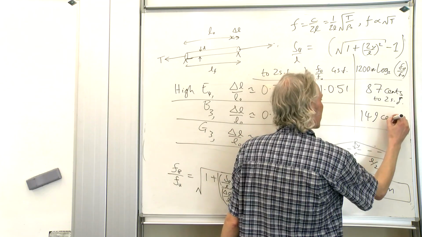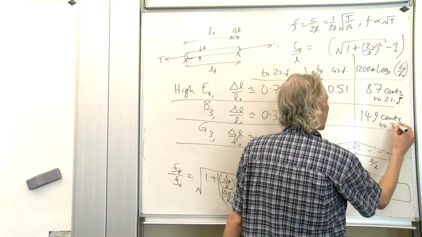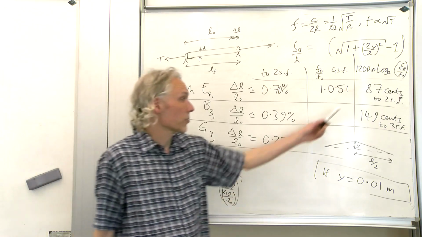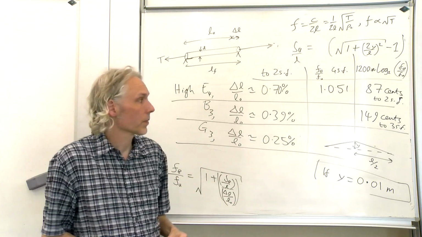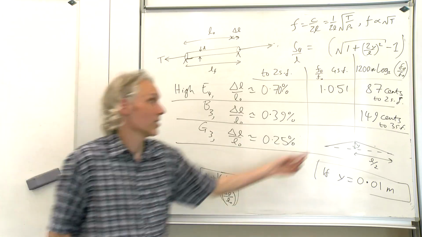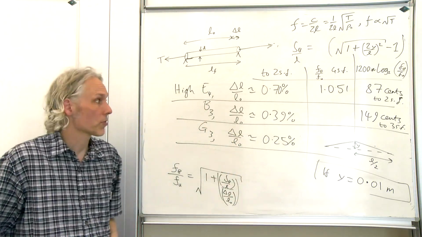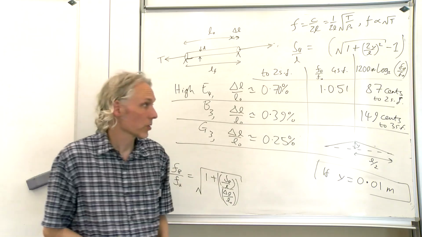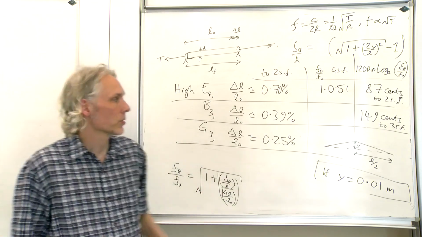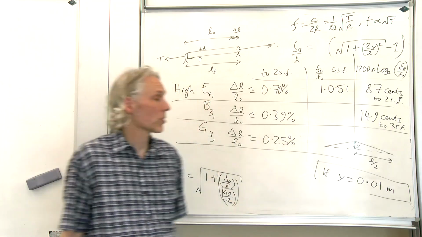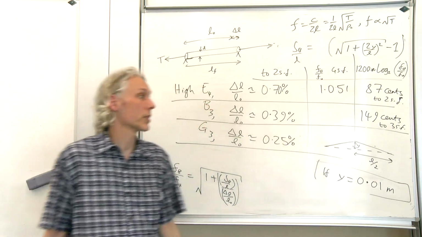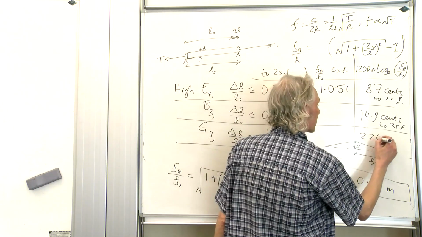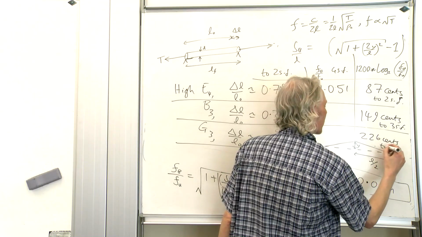So 149 cents to 3 significant figures in this case, to the nearest cent. So this is showing us that if we do the same motion on the B string, we get a lot bigger pitch change on the B string. Okay, we get 1.5 semitones more or less. So 1.5 semitones almost for the B string, whereas it's less than 1 semitone for the high E string. Let's do it again for the G string now, to 3 significant figures.